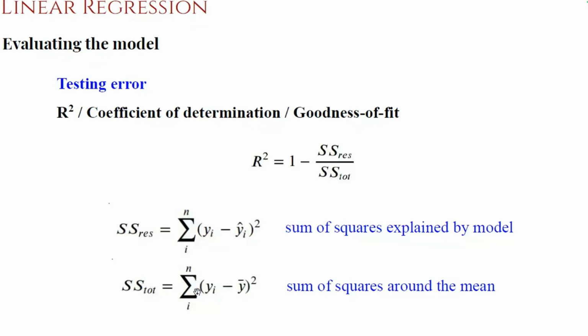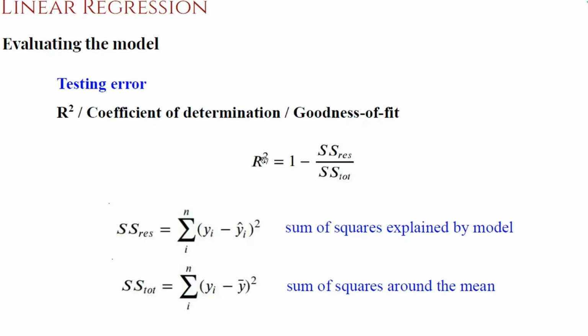So now we have two types of error. One is the error corresponding to the actual machine learning model. SS total is the error corresponding to the simplest solution, which is taking the average of the training data set. And now what R square is capturing is how good our machine learning model is with respect to the average, or the simplest solution. That is what R square is capturing.